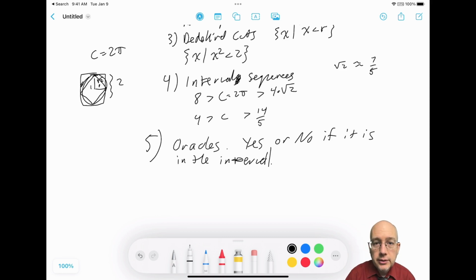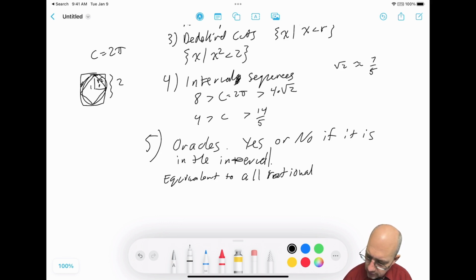You give me an interval of rational numbers, and then I say yes or no, depending on whether or not I, the real number, am in the interval. So that's what this is. It's equivalent to thinking of all rational intervals